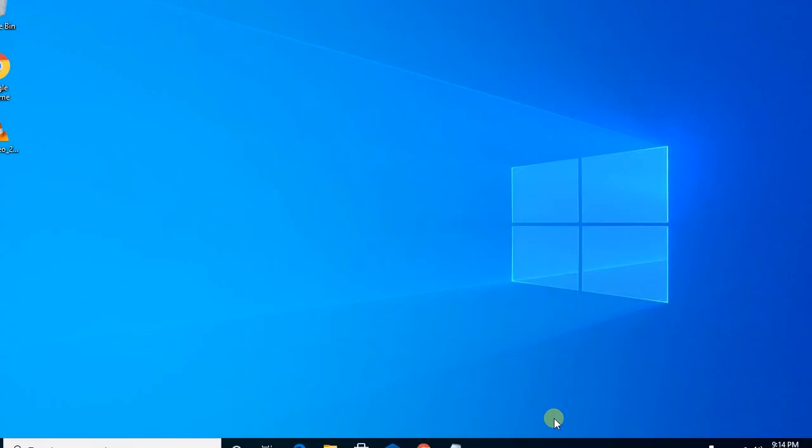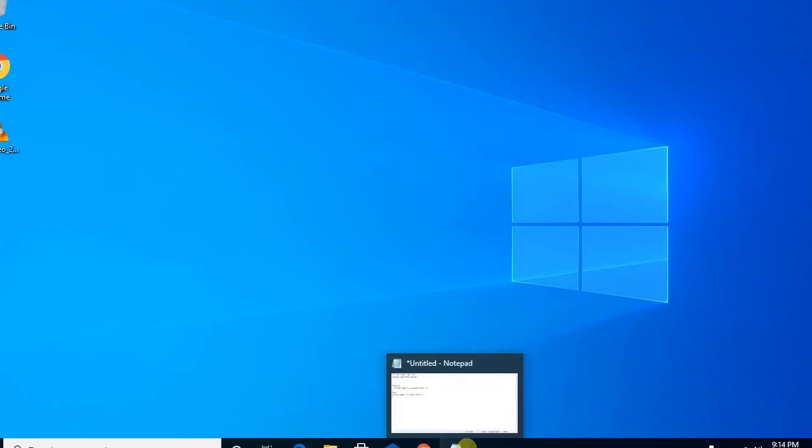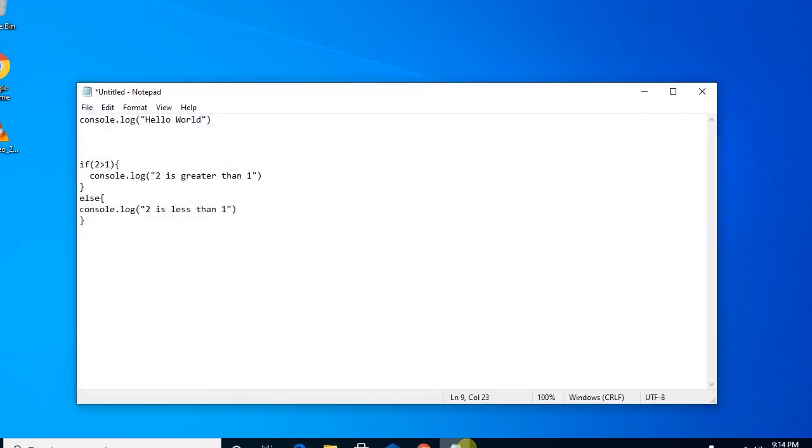Before we go ahead with our installation, let's reiterate what the program is. We have said the program is a set of instructions. These instructions might look like this. We have console.log hello world, which means that we should print hello world to the screen, or for example, we